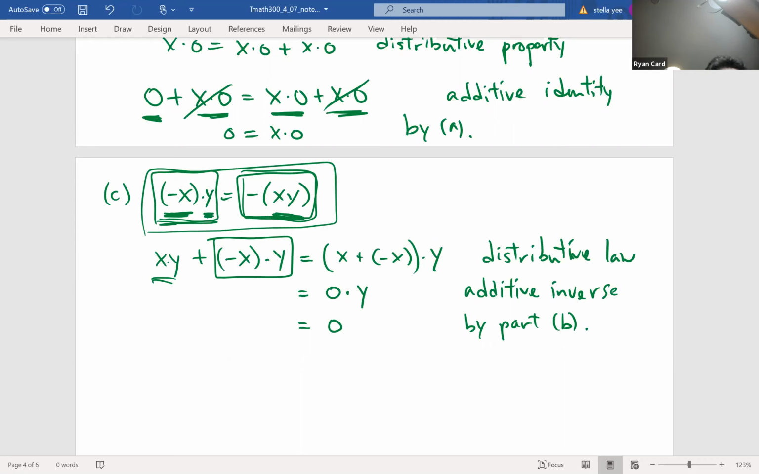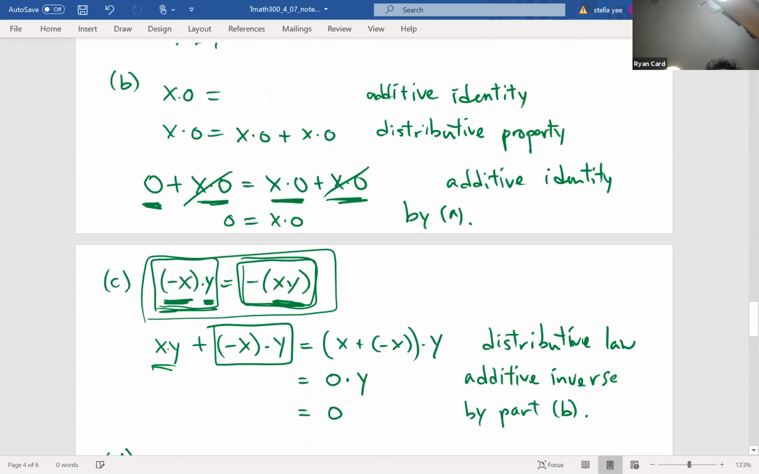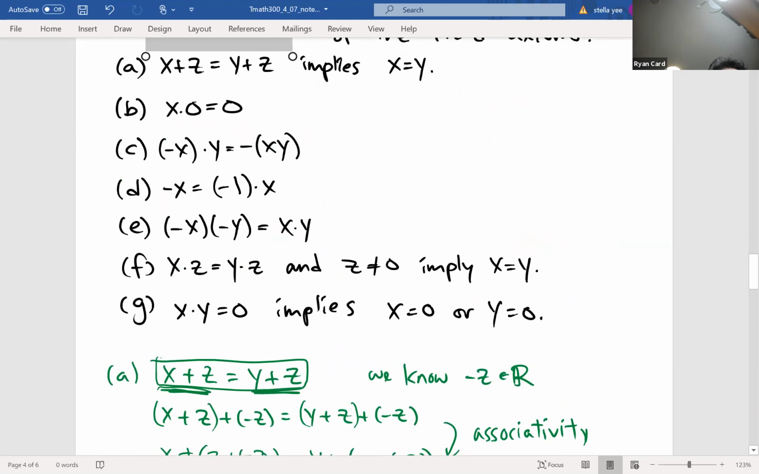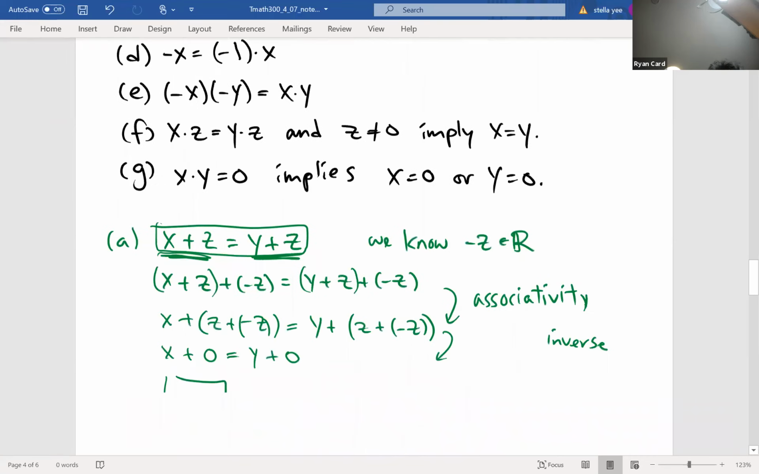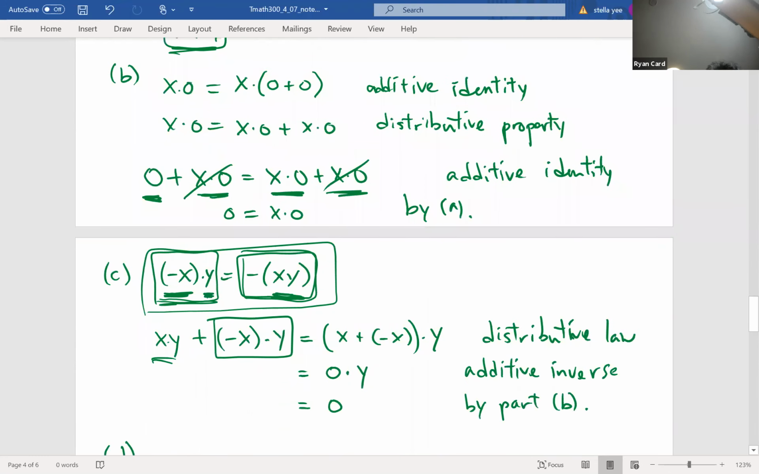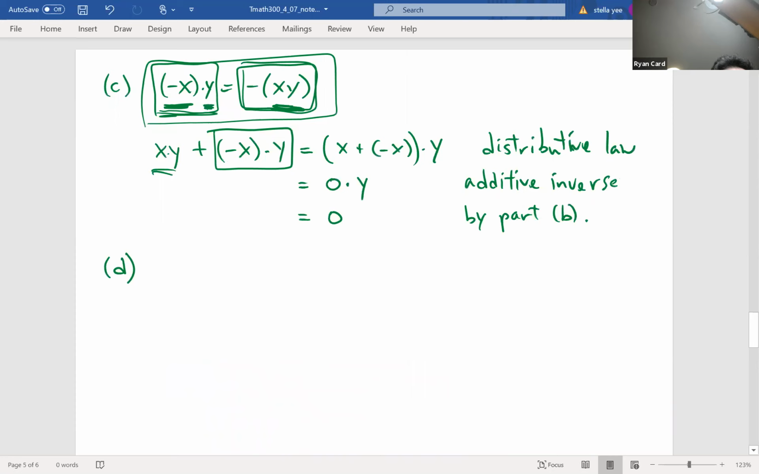This might take a couple of watches to fully appreciate. Let's look at the next statement. Negative x is equal to negative 1 times x. Here again, I think the tricky part is to work out what is being asked. You might think, well, negative x is already negative 1 times x. What is there to show? But really,